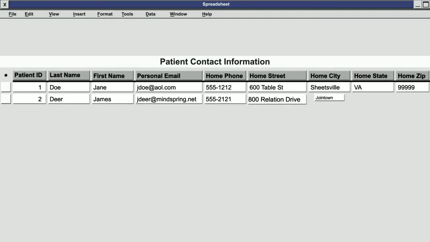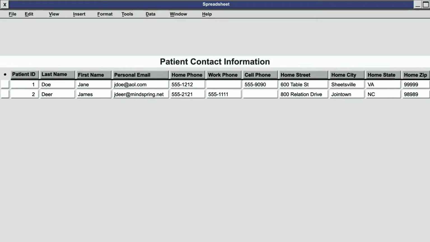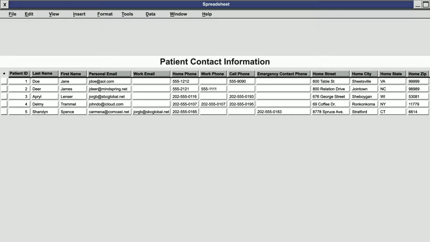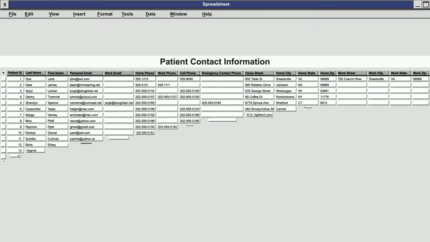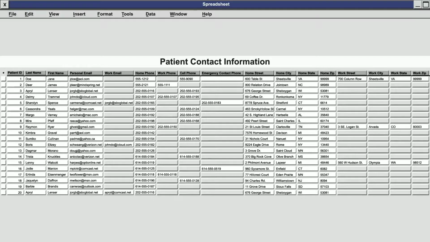But what if we want to add a second phone number for a patient? Maybe their work number, or their cell phone number, or even an emergency contact number. We could just add more columns, but the same issue comes up for addresses. Work, home, and even previous addresses are things you might need. If we just keep adding columns for all the patient's contact information, we'll eventually have a bloated, mostly empty, inefficient